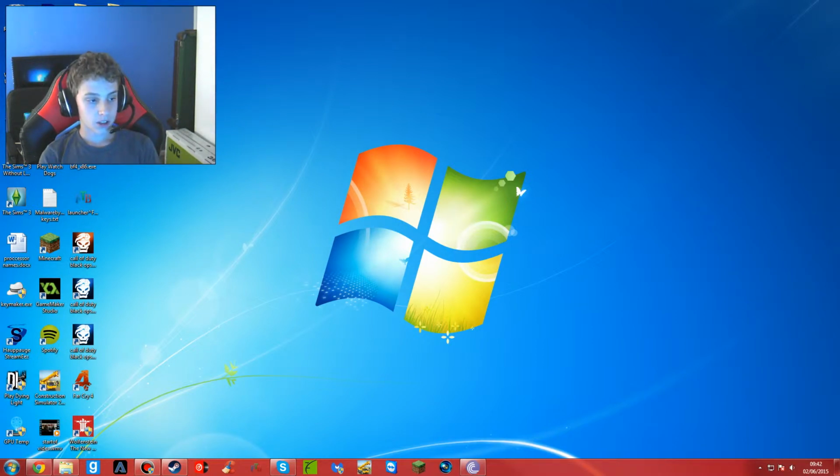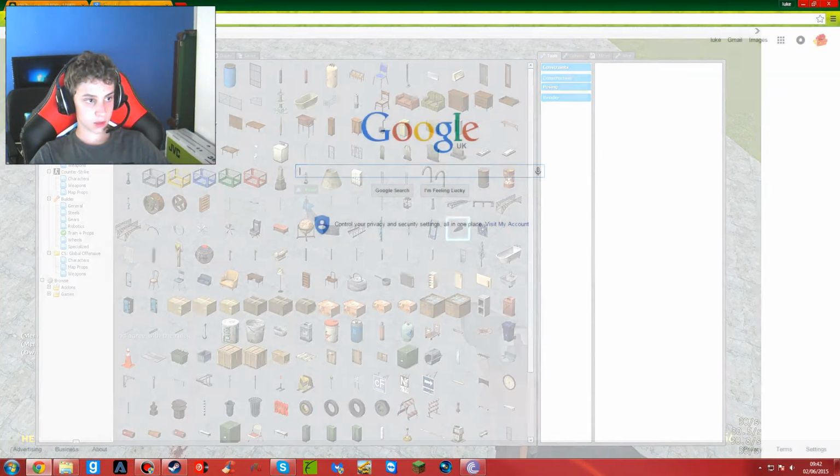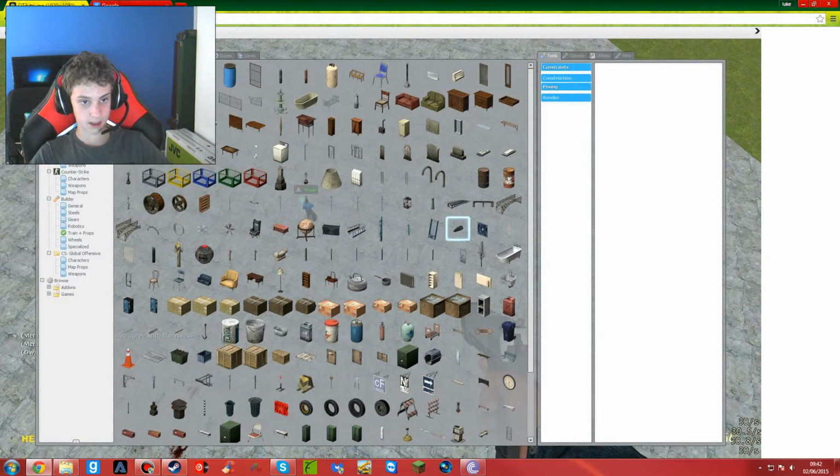But if you put loads of add-ons in your game and you join your server and you get an error like this where a lot of your tools or all of your tools have disappeared, or maybe just some of them are missing, you'll notice you'll have only a few there,